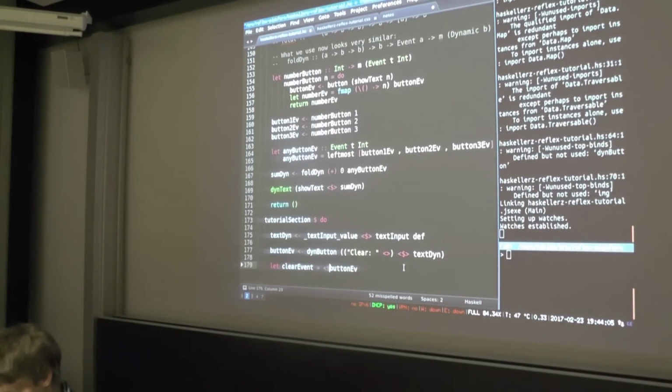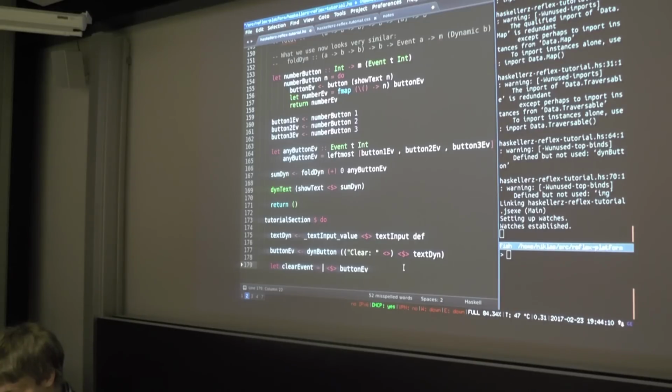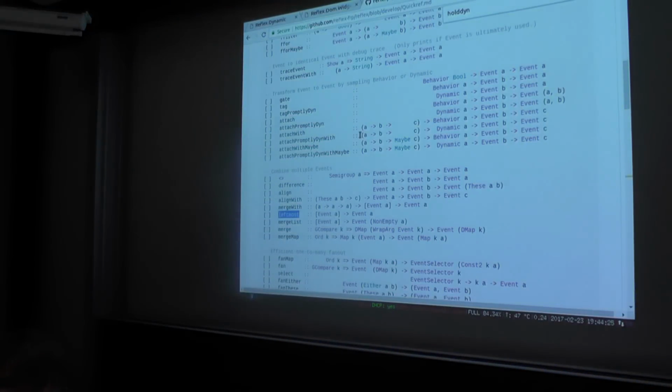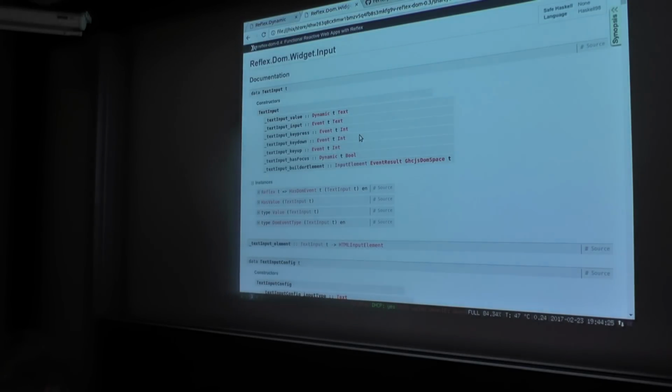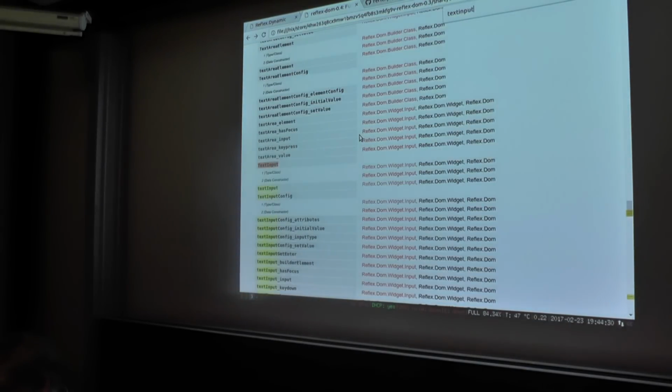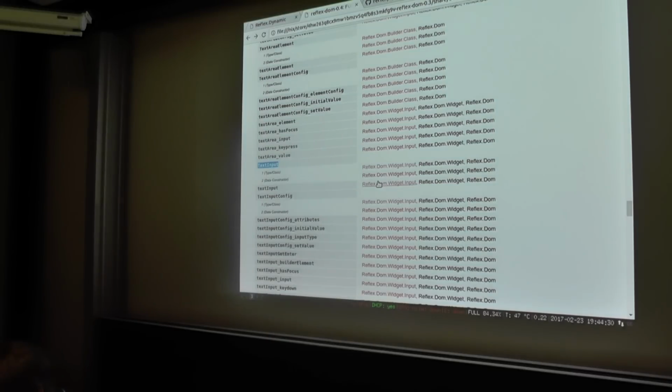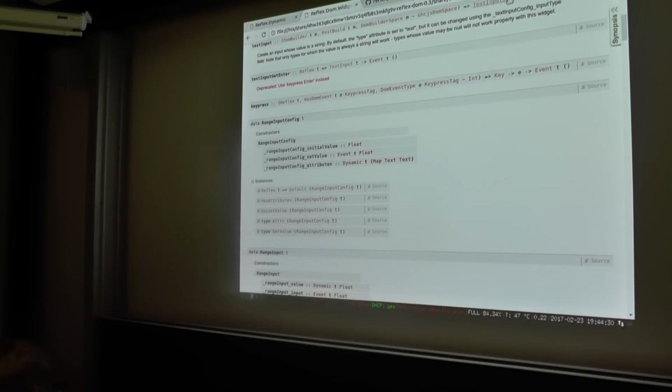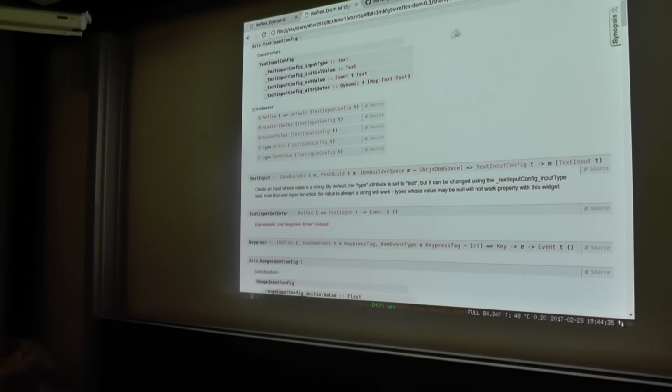So in this case, I fmap just const the empty string over it, ignoring the unit that's in the event and just emitting this. So this here is of type event t text. And now we want to say, okay, this text input here, let's go to that. The text input has text input, this one here. As we looked at before, it has this text input config, and we always use default there, which